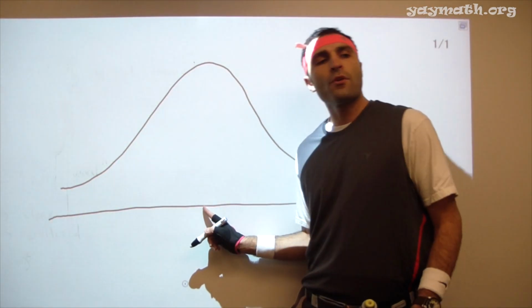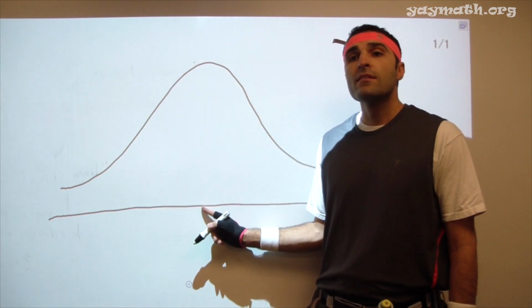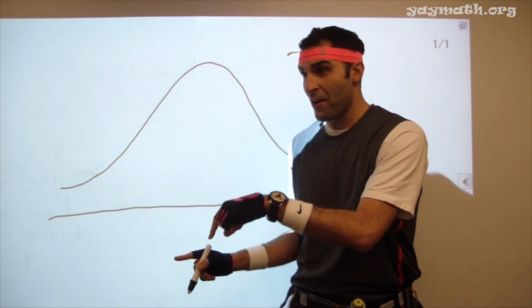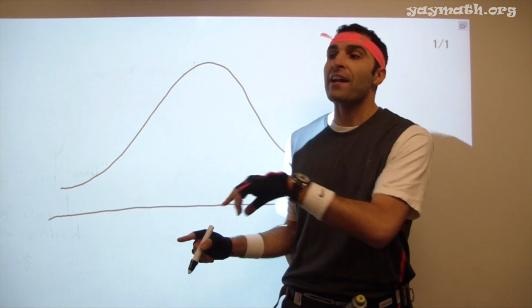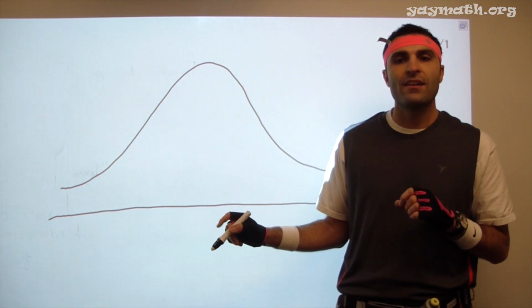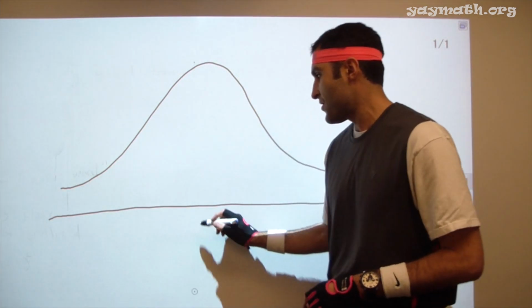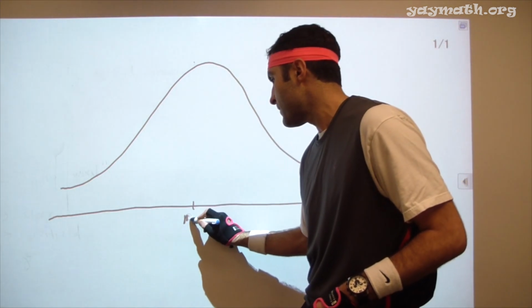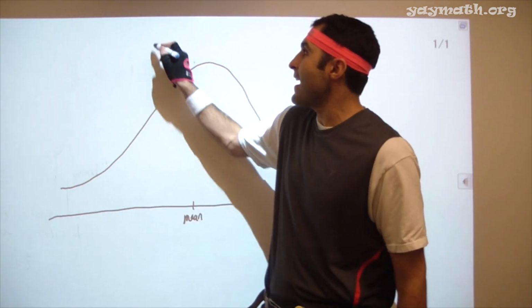What goes in the middle of the normal curve? 0. Okay, good job. Here it's 0. But what in general happens in the middle of the normal? Mean. The mean, which is the average. Okay? So here we have the mean. And in the standard